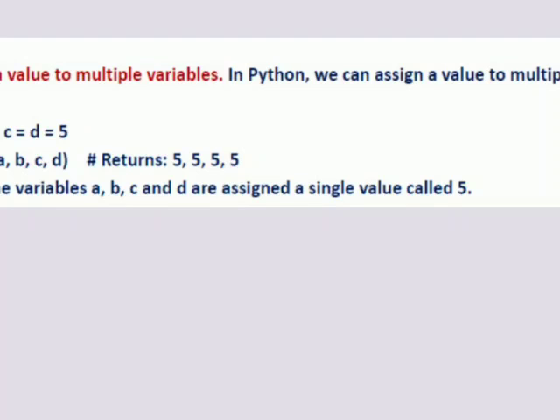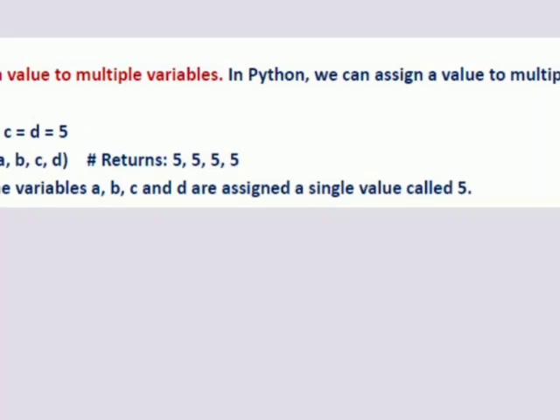Now this is very interesting. Every time we change the value. In this particular example, what is happening is we are assigning the same value to multiple variables in one expression. Otherwise, what do we do generally? Suppose we have 4 variables A, B, C and D, and we have to assign 5 to them. What do we write? A is equal to 5, B is equal to 5, C is equal to 5, D is equal to 5. But Python allows us to assign the same value to multiple variables.